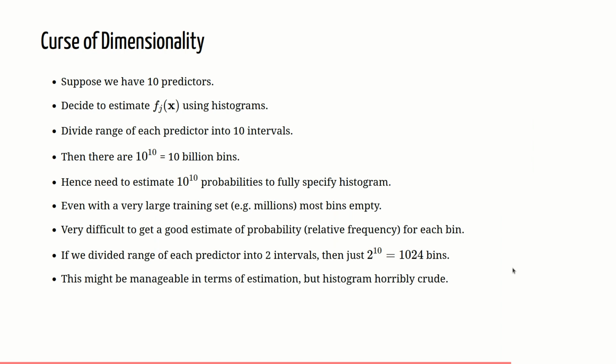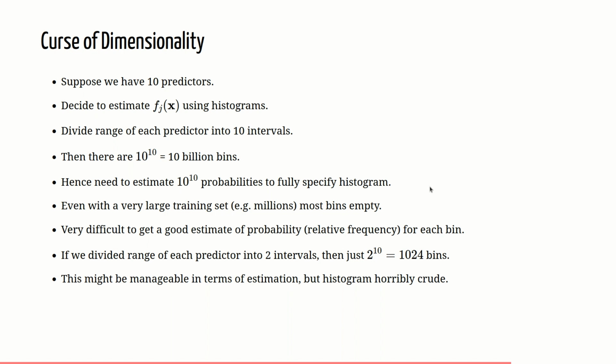This is this idea here. I didn't know that I'd written it up on the next slide. So if we're doing histograms and we go even further to, say, 10 different parameters, then we need 10 to the 10 bins to estimate, which is 10 billion, right? So we need to estimate 10 billion probabilities to fully specify a histogram when we have 10